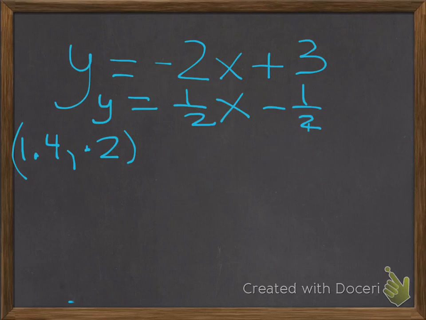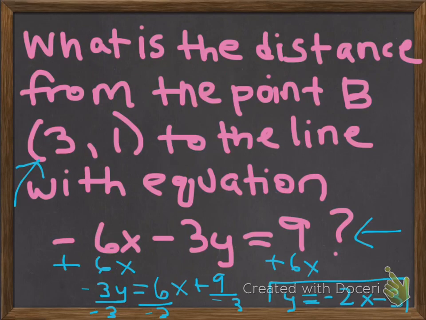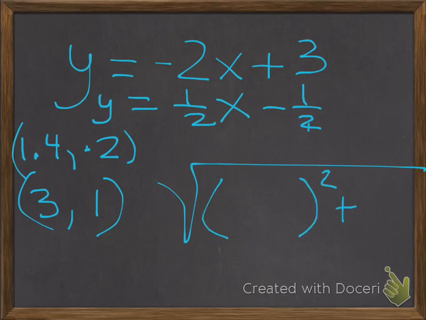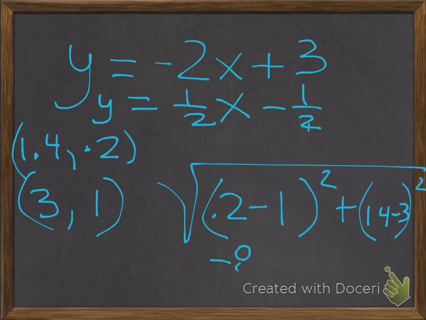Now we're going to use that to find our distance, and we also use our y-intercept. We use our point 0, 3.1 in the distance formula that they gave us. Subtract the y's and then subtract the x's and square. So we have 0.2 minus 1 is negative 0.8 squared. It's positive 0.64